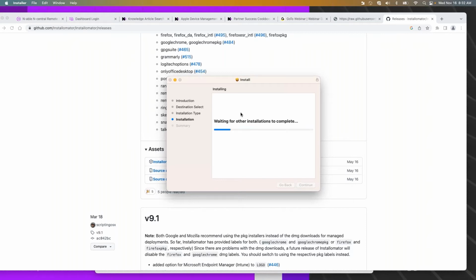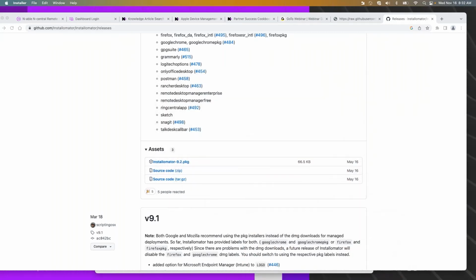Both of these will be used, or one of them at least will be used in our script that we are going to take a look at in just a second. Okay. As we remember as well, we have the ability to install directly from the cookbook with our two Installomator scripts. All right, so